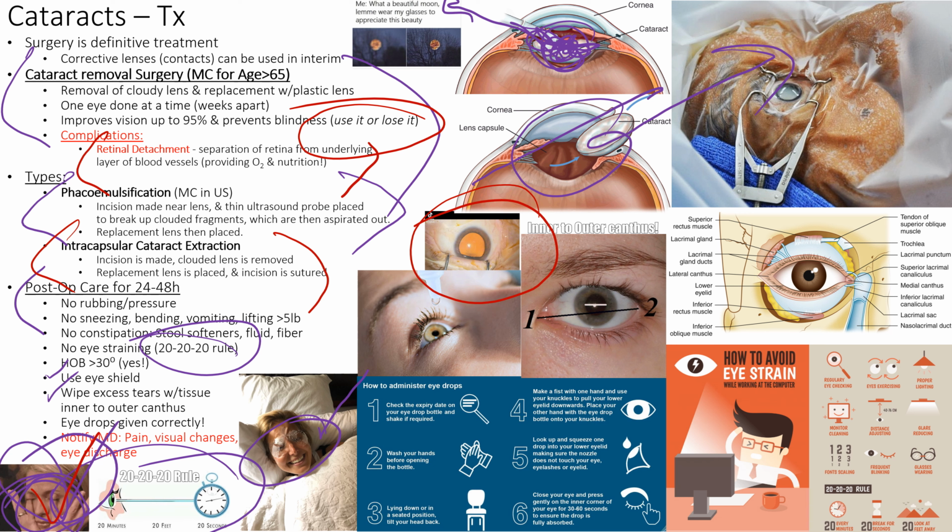So you learn this in fundamentals, but how do you properly give eye drops? Where does it go? Does it go like this, right on the pupil? No, you have to create a pocket. You have to create an invagination that you can then drop the eye drops into. Okay? Yeah, pull it down.